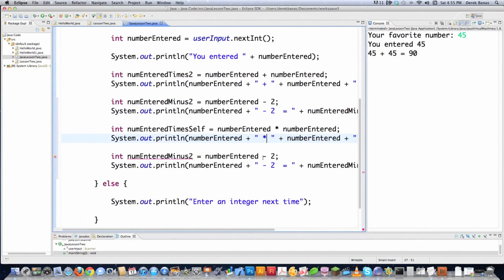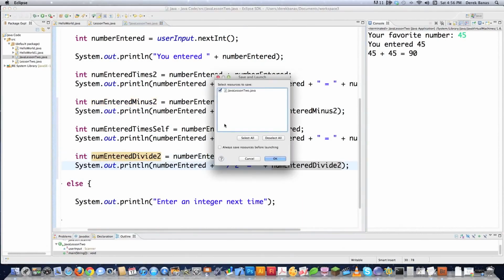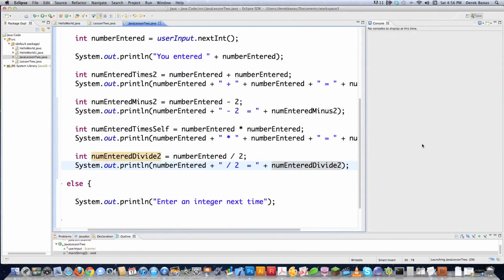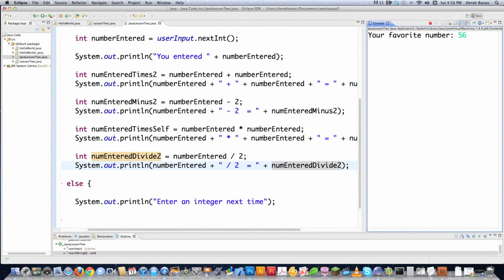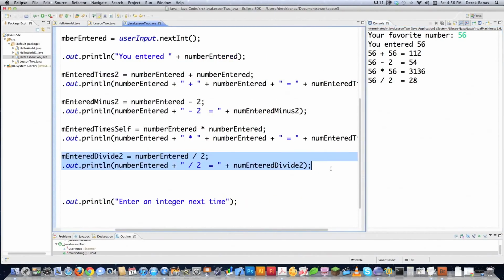Then we can come down here again, and let's do a division. Well, you just put that slash, come down inside of here. We're going to change this to a slash, and let's say we want to divide by 2. And then copy, paste that in there. And let's just run this just to see how it works. I think you probably get it. Favorite number, let's type in 56. And it's automatically going to perform those calculations and print everything out here on the screen, which is kind of cool. The only other thing I did not use here, which are basic things you're going to use pretty much